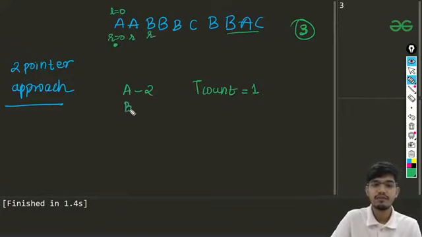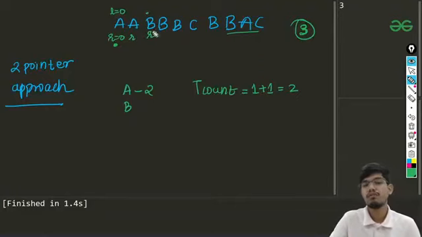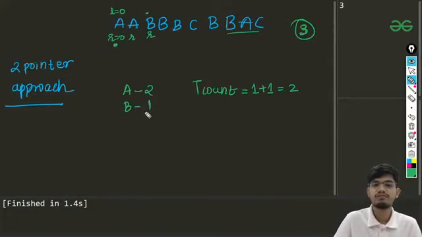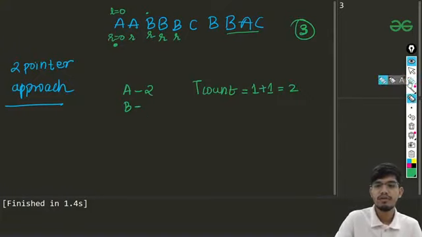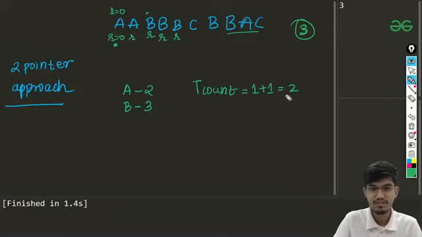Now I'll check b. You can see we are arriving at this position for the first time, so we'll increment our temporary counter from 1 to 2. Now till this position we have two characters. Here b also has a frequency of 1. Now we'll go up to this. R is here, L is still at the starting position. Again we increment a from 1 to 2. Now again from here, we increment the counter for b from 2 to 3, and the temporary count will still remain 2 only, it is not going to change.